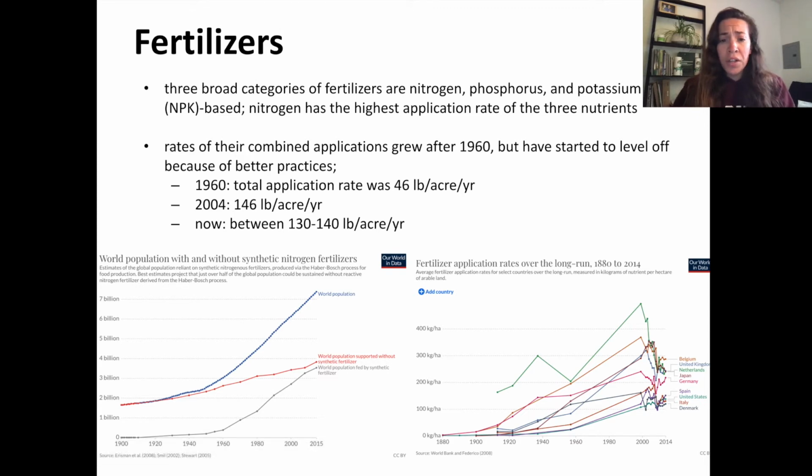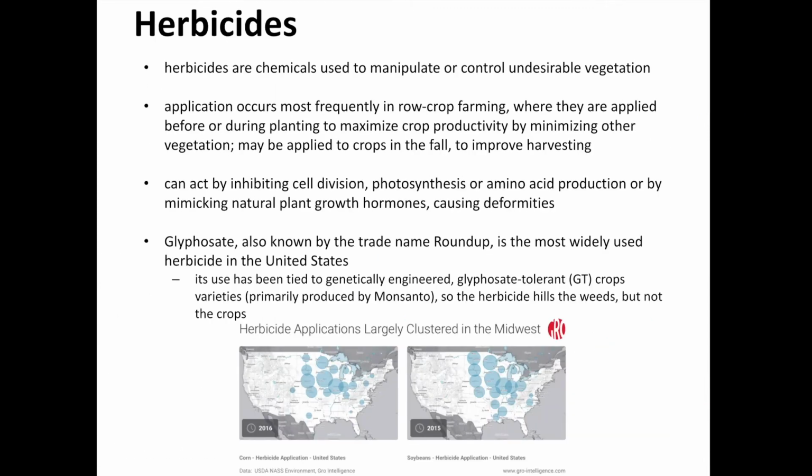Herbicides are also useful in green revolutions because they manipulate or control the undesirable vegetation that would be competing with the crops that we want. And, you know, these herbicides have to prevent plant growth, so they inhibit cell division, they can block photosynthesis, they can block amino acid production,